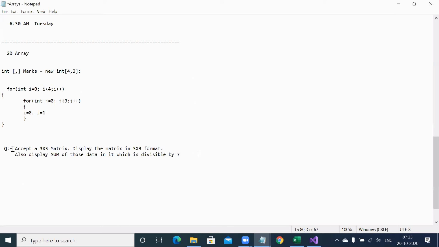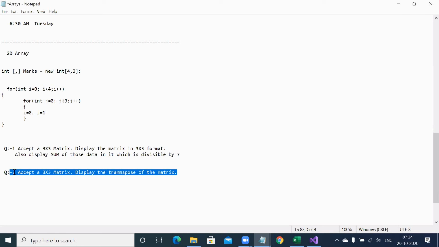And if somebody is having more time, you can try transpose of the matrix. Accept 3 by 3 matrix, display the transpose of the matrix. What do you mean? Row will be column, column will be row.